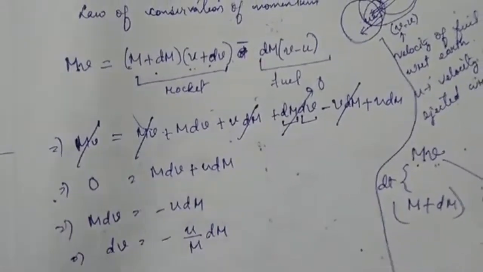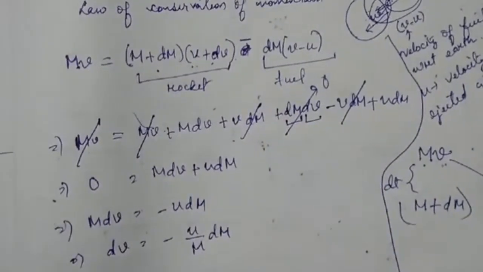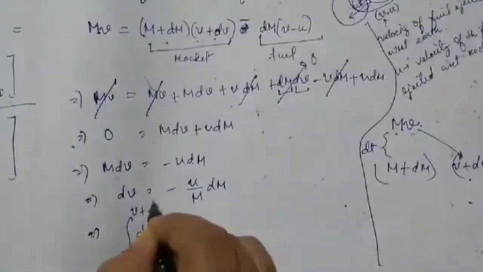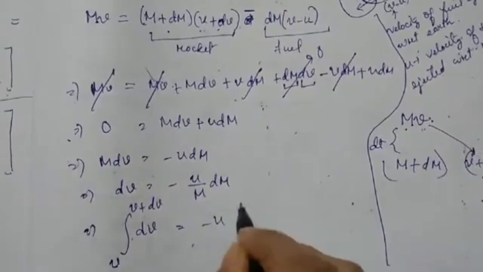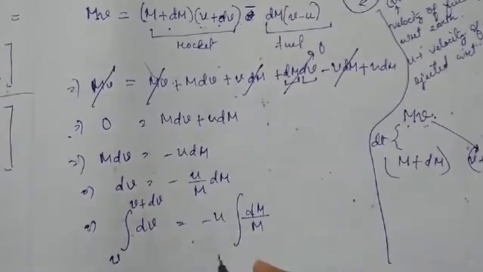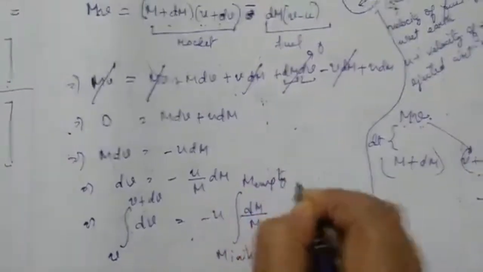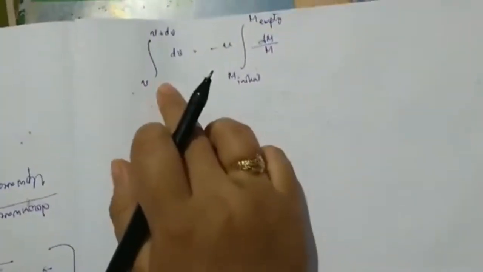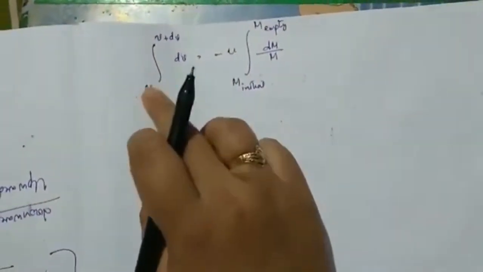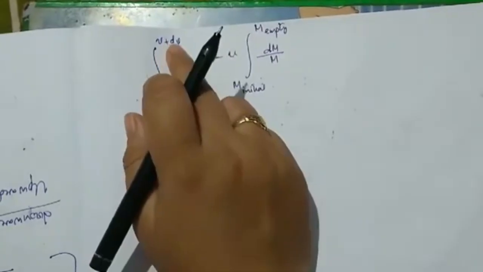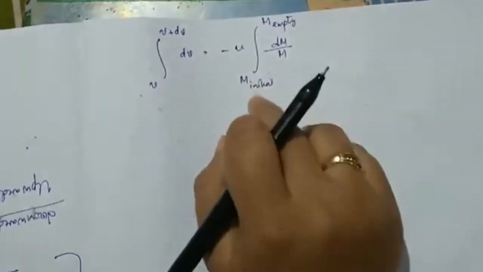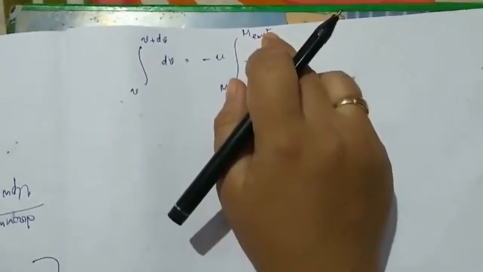Alright, so integrating dv: initially I said it was v, and later it was v plus dv. So v plus dv is equal to minus u times the integration of dm by m, from m initial to m empty. We stopped in the last video right here. So you see, v goes from v to v plus dv, and that is the integration of minus u, from m initial to m empty. Now again I would like to say that this m empty,